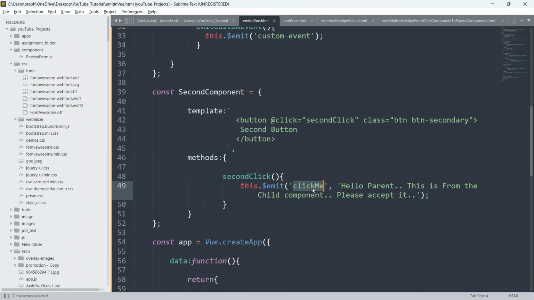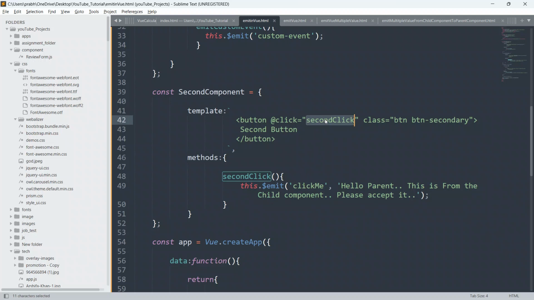Whenever we emit this clickMe custom event, we will also send one payload, one piece of data, to the parent component. This is the optional parameter, also known as the payload. We will send this data along with the custom event clickMe to the parent whenever secondClick is triggered from the child component.